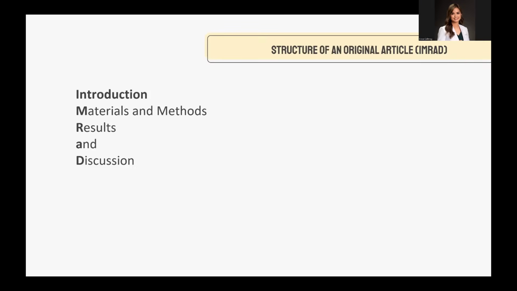So the introduction is the first part of the research paper or original article in the IMRAD format. This is the format in which journals typically publish their articles. Notice that there's no review of related literature here. Instead, we have a short background in the introduction. And other related literature are discussed in the discussion part. But this is for the completed research, the final article. This time, you are just going to make your research proposal.